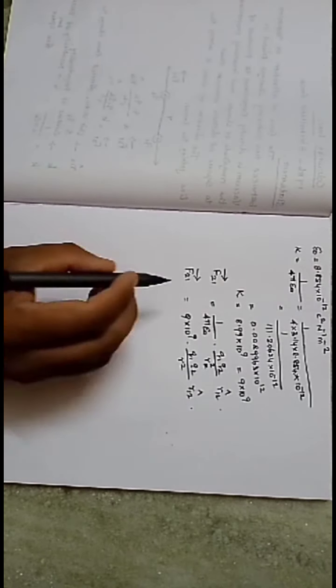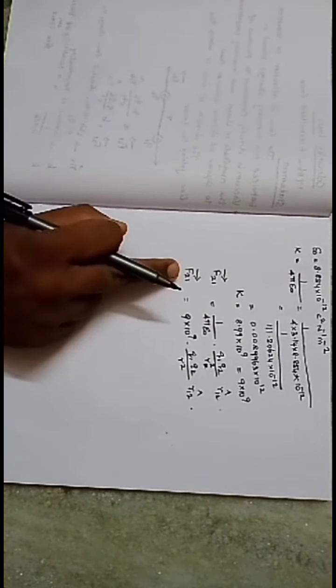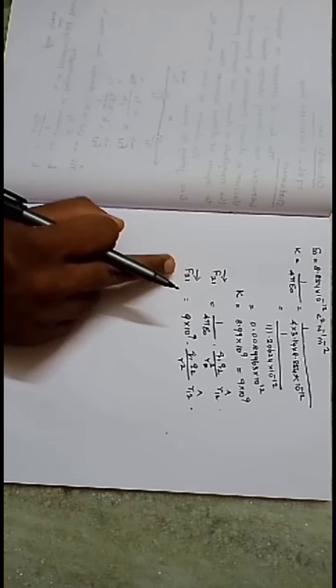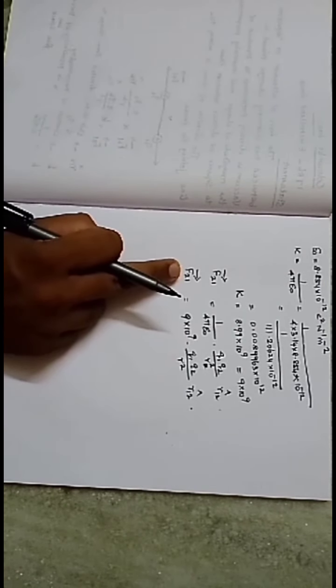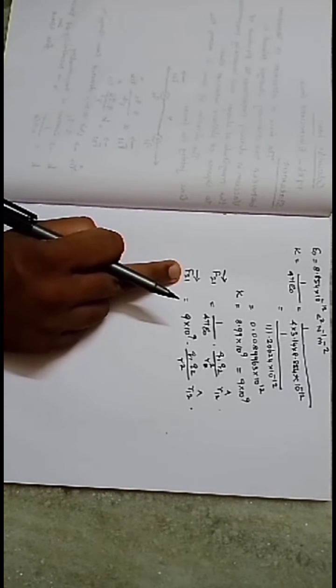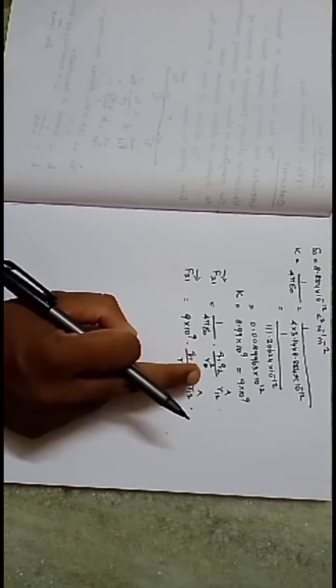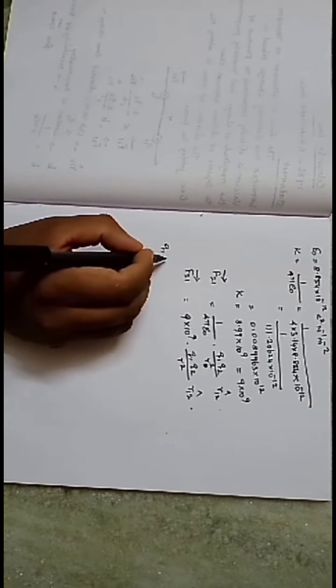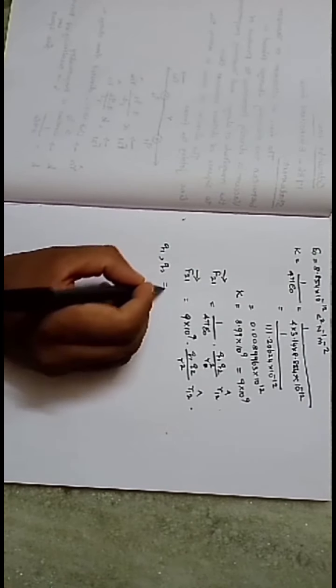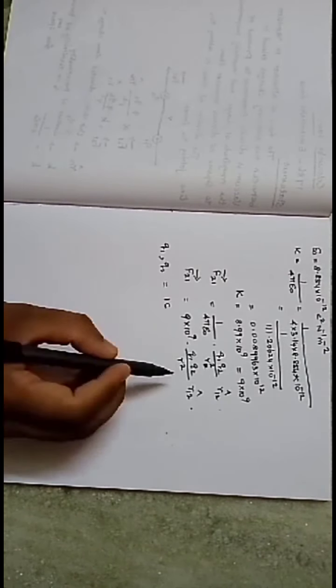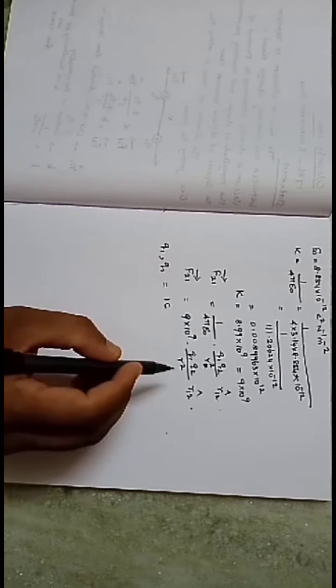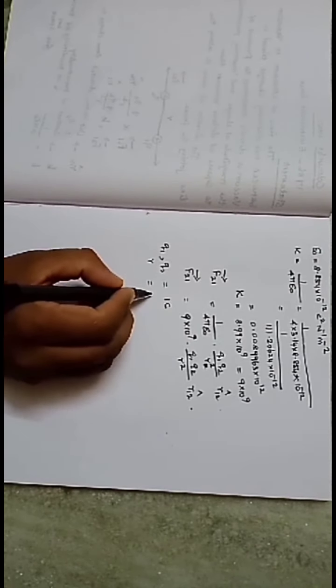Okay, so to determine the magnitude of the charges, this is the fourth aspect of Coulomb's law. To determine the magnitude of this force, we consider q1 and q2 to be the same charges with the same magnitude. We take q1 and q2 as 1 coulomb, and these charges are separated by a distance of 1 meter.